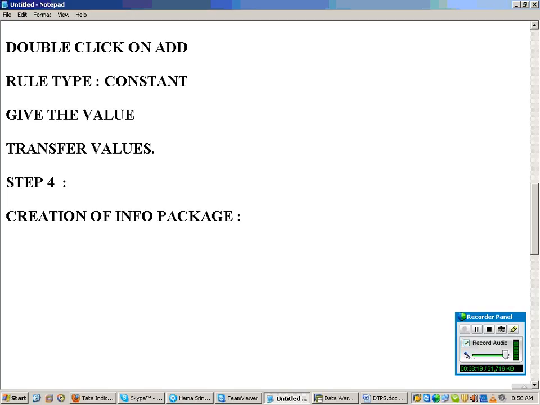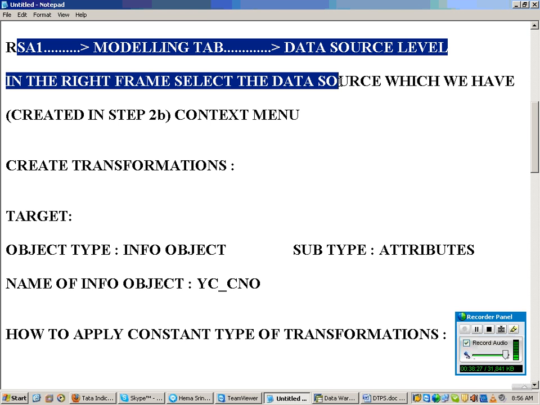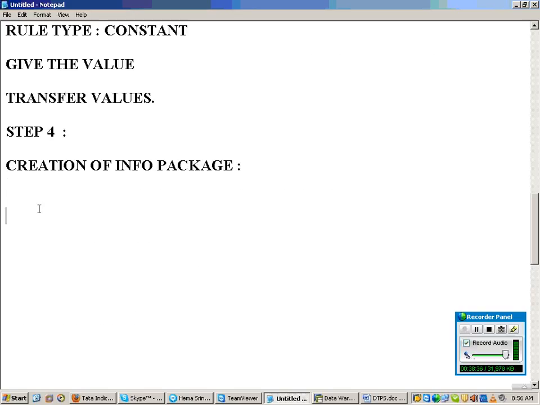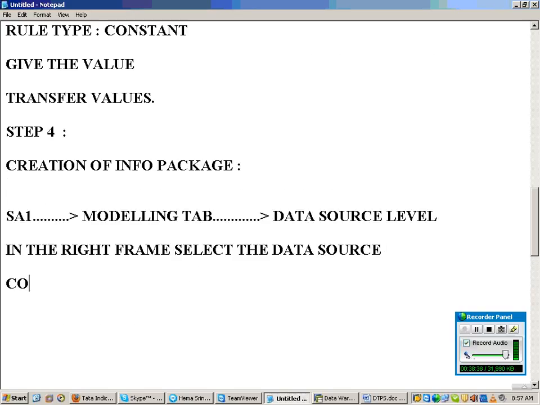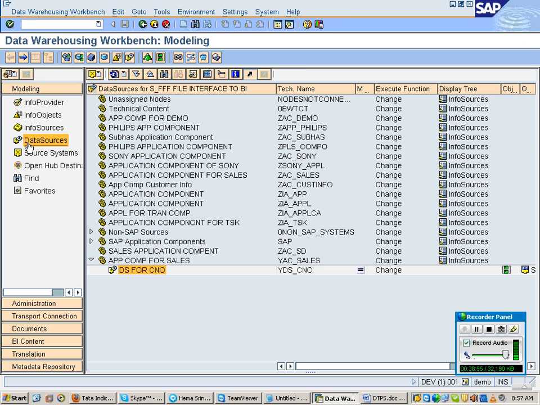Now how do you create an info package? Same thing: RSA1, modeling tab, data source level. In the right frame select your data source, then open the context menu.